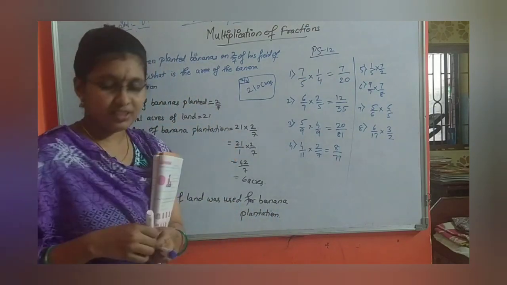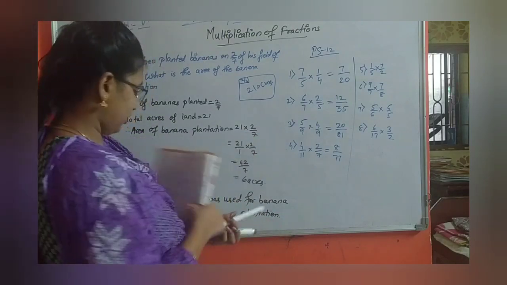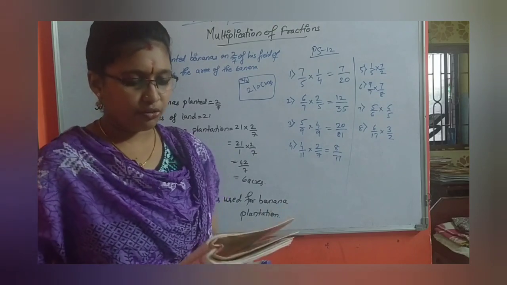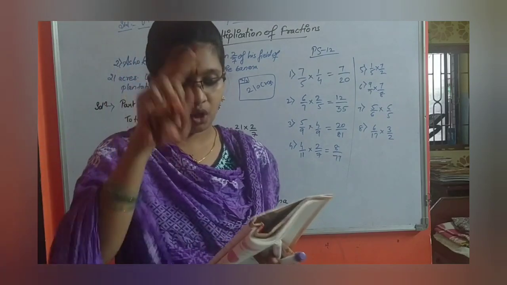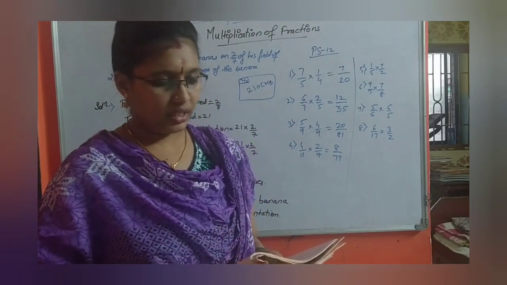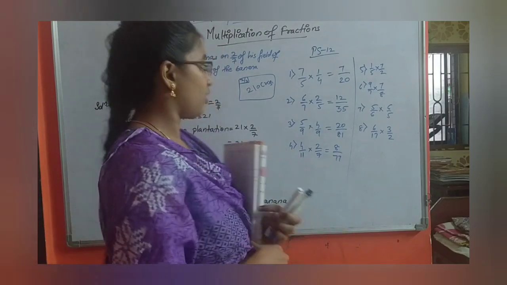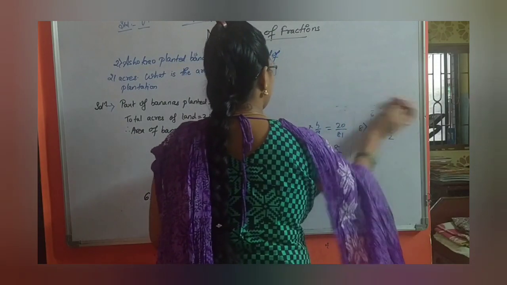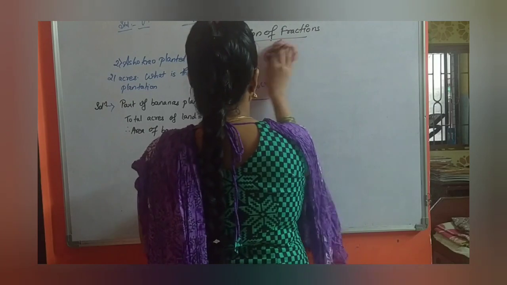Now we have one more last question in this practice set number 12. That is, of the total number of soldiers in our army, 4/9 are posted on the northern border, 1/3 of them in the northeastern border. If the number of soldiers in the north is 5,40,000, how many are posted in the northeast? Now I'll show you a diagram from where you can understand this question, and then we will solve the answer.